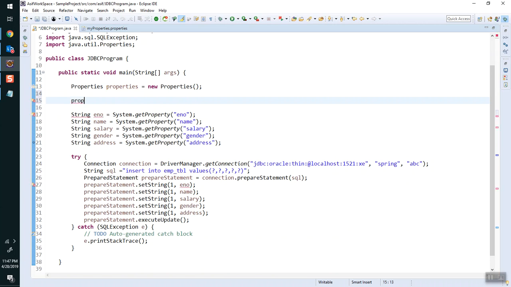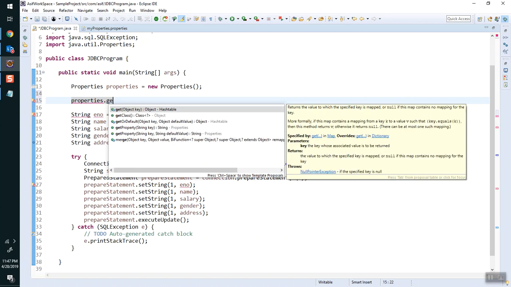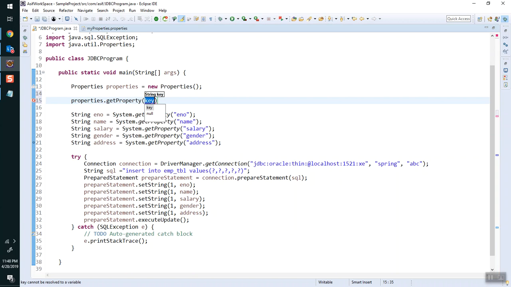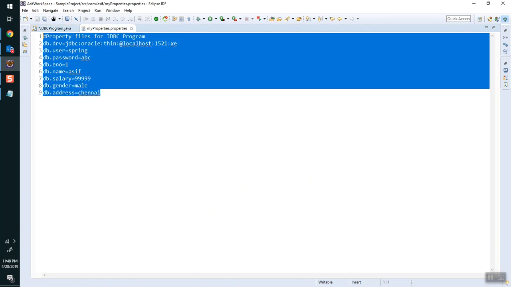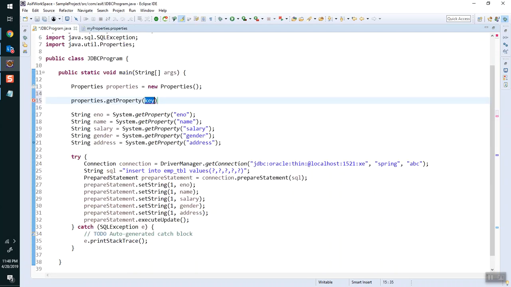I can use two methods: getProperty, or getProperty with the key along with the default value. First I will go with the simple string key. If you go to the properties file, we have many key values. If we mention a key, it's going to automatically get the corresponding value. So here, db dot